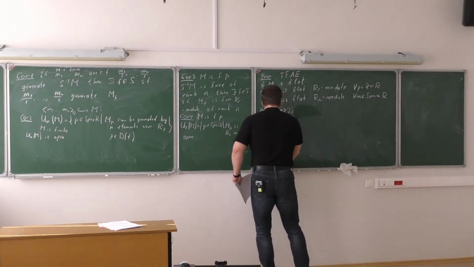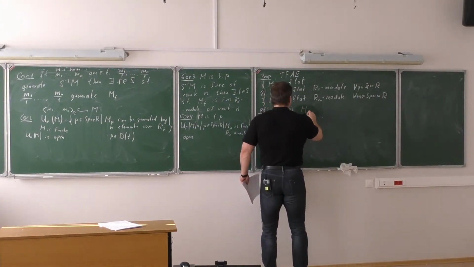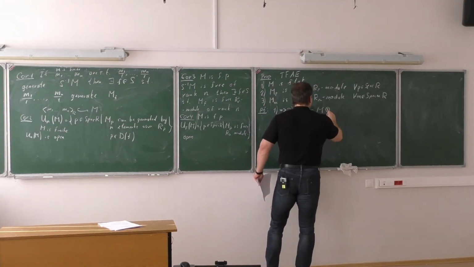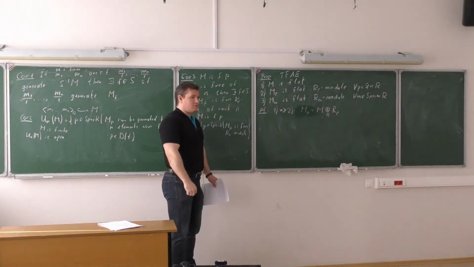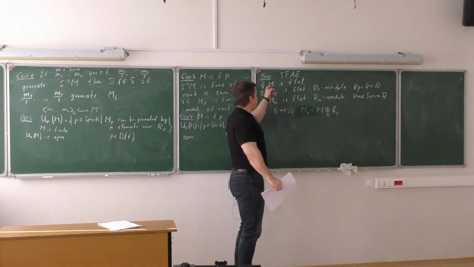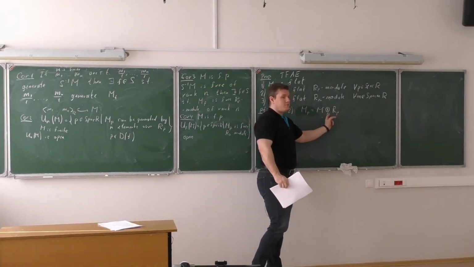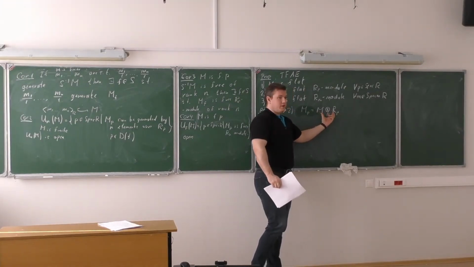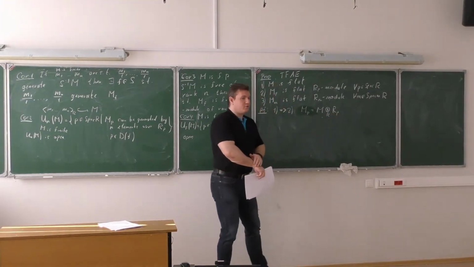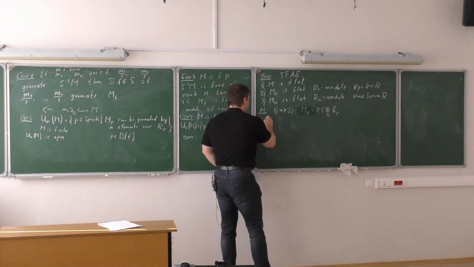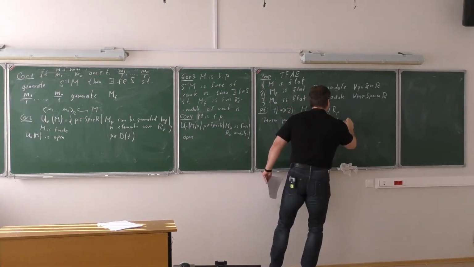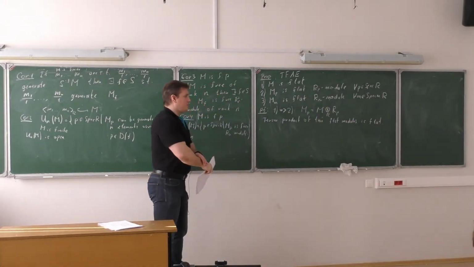So maybe we can say that this localization is also just the product of these two things. We know this in general, but it is given to us that M is flat, and by general properties, any localization of a ring is a flat module. So this is the product of two flat modules, and the product of two flat modules is always flat. This essentially follows from the associativity of the tensor product.